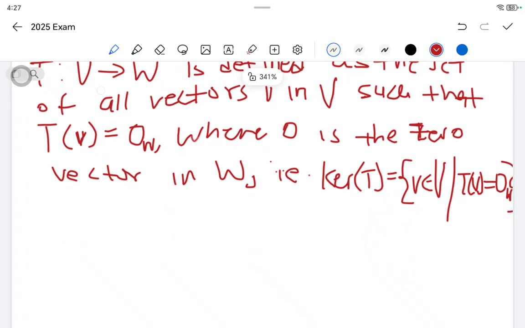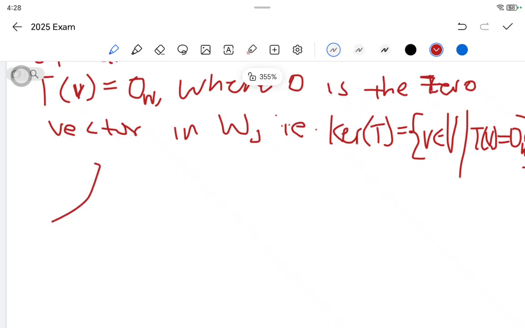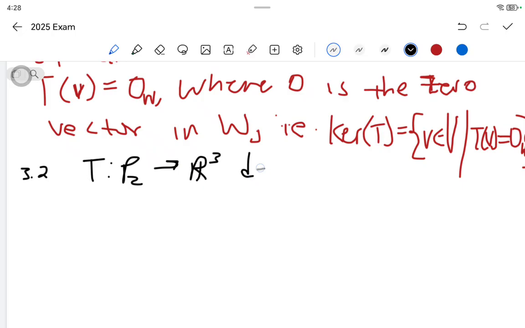Here they say it's 3 points. Let me just write it. You'll understand what I'm saying, right? So first we must let f be an element. Let me write the question here so you can see what I'll be doing. Remember, they gave us this question. They said T from P2 up until R3 defined by,